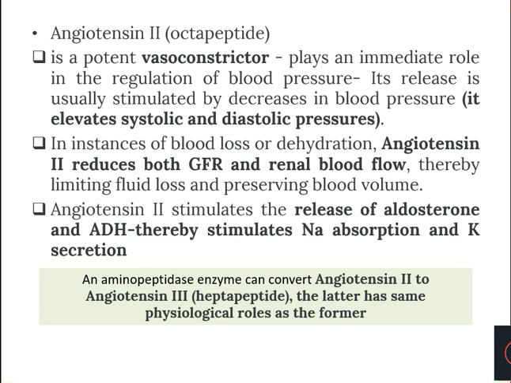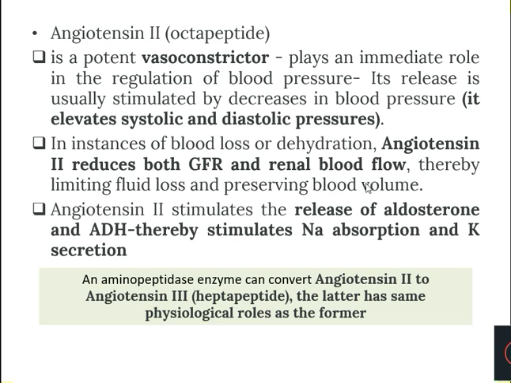So for the time being, what will angiotensin 2 do? It will reduce glomerular filtration. It will reduce the blood flow through the kidney so that glomerular filtration also reduces, and when the filtration rate is reduced, the rate of loss of water can also be reduced. Okay, so angiotensin 2 reduces glomerular filtration by reducing the blood flow through the kidney, and when glomerular filtration reduces, the fluid loss is reduced, thereby blood volume is preserved.